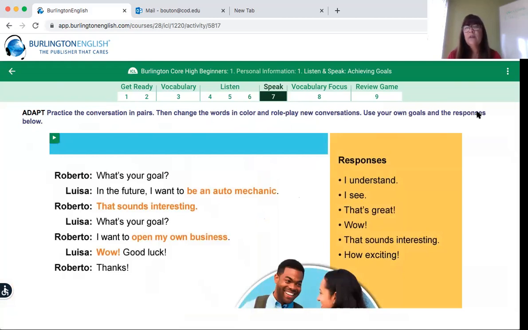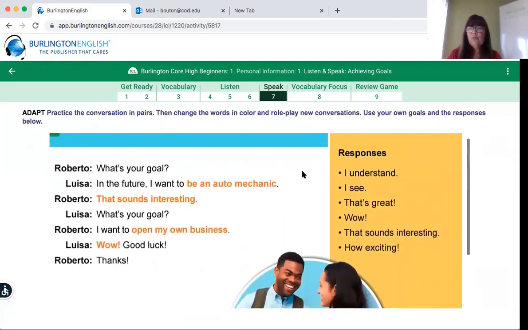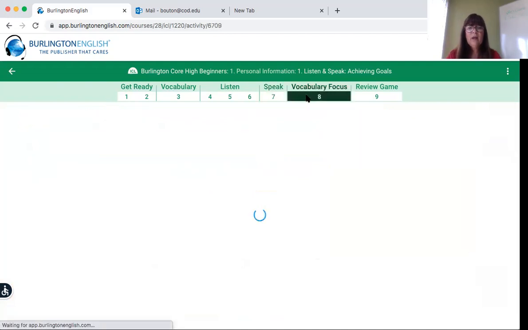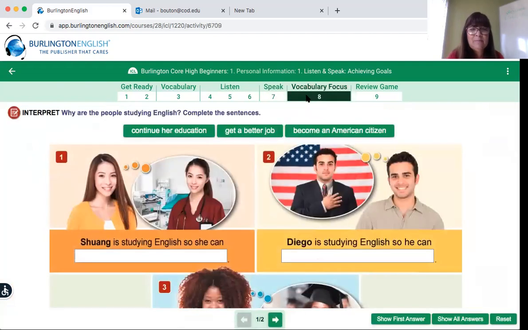Use your own goals and the responses. So if we were here together, I would be asking someone to read Roberto and someone to read Luisa, okay? And here are some of the responses that we could change, but since we can't do that right now, I'm gonna skip that one and we'll go to vocabulary.